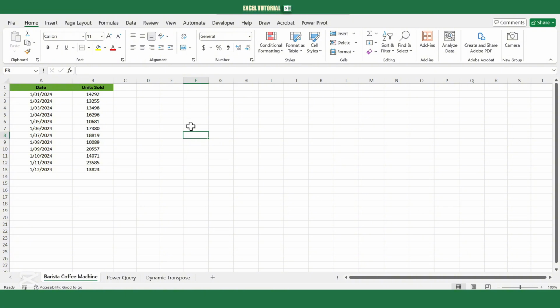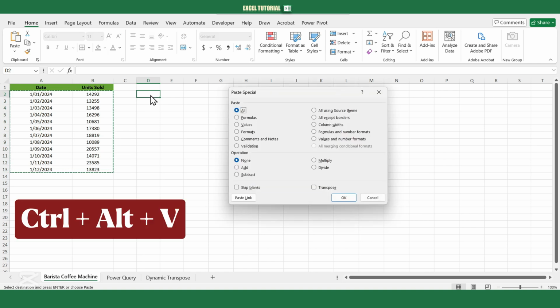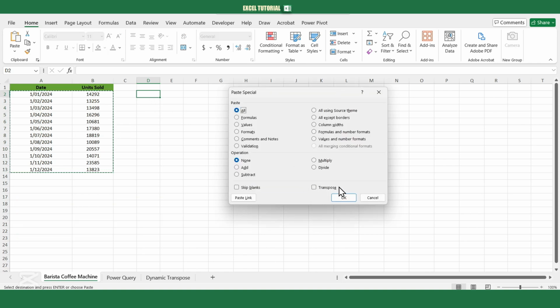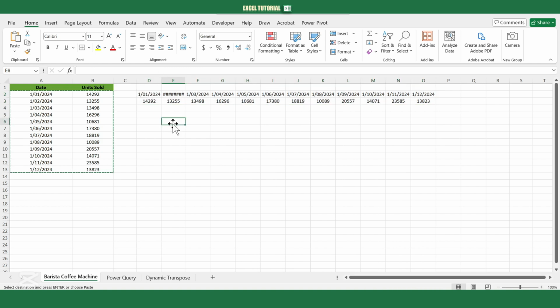For this example, we're working with data that includes dates and sales units for a company's barista coffee machines. To begin, let's explore the simplest and most commonly used method of transposing data. Start by selecting the range of data, in this case, the dates and units. Once selected, press Ctrl+C to copy the data. Next, press Ctrl+Alt+V to open the Paste Special dialog box. From here, choose the Transpose option, and just like that, your data will be flipped horizontally or vertically, depending on